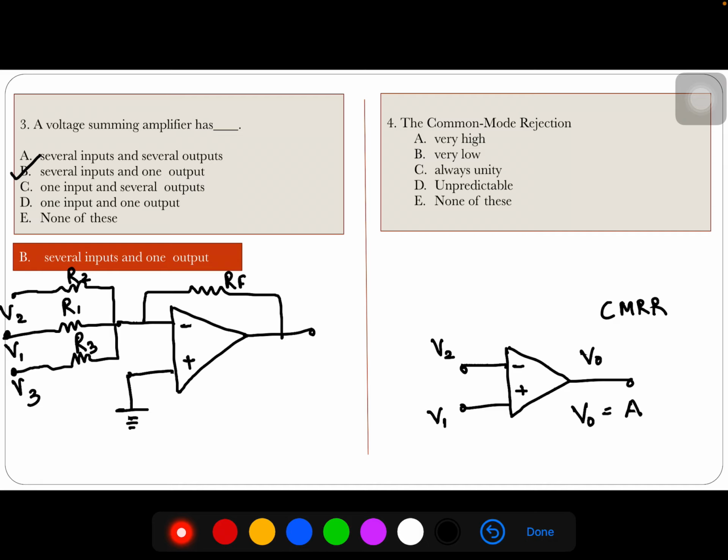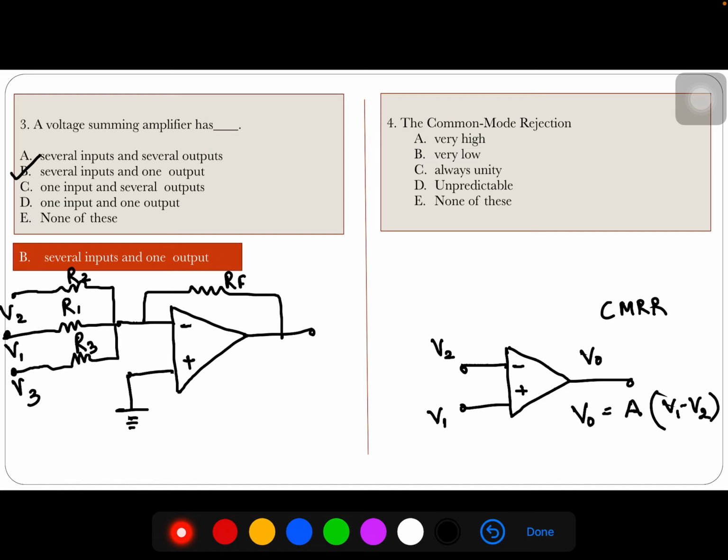So it will multiply the input with the gain and then it will give you the output. So that is the gain. And as it is having two inputs, it will take the difference of the two inputs, non-inverting voltage minus inverting voltage. Okay, so if V1 and V2 are the same, then your answer will be 0. And if V1 and V2 are different, this will get added up, V1 minus V2, and you will get